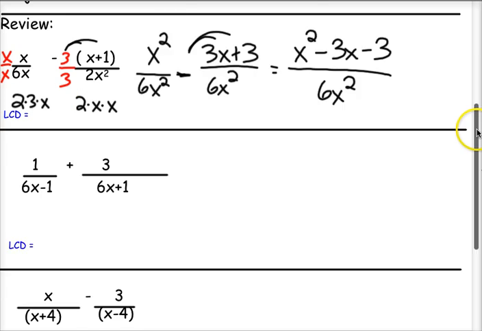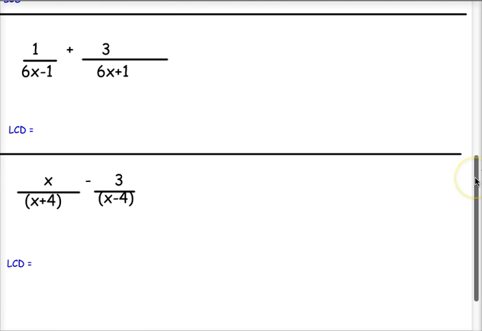Now today we're moving on to where there's going to be binomials in our denominator. So this is a little bit harder of a situation. Now, you really can't break up a binomial, okay? So monomials we could break down. 6 is 2 times 3, x squared is 2 times 2. Well, you can't break up binomials, okay? So what that means is when we're looking at these